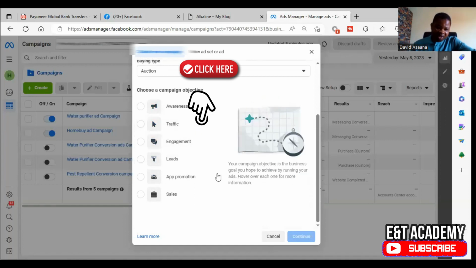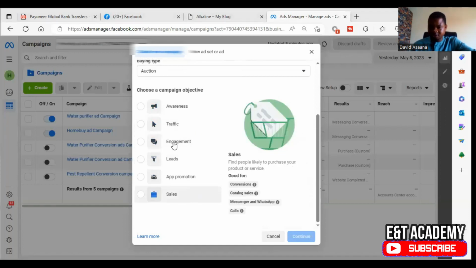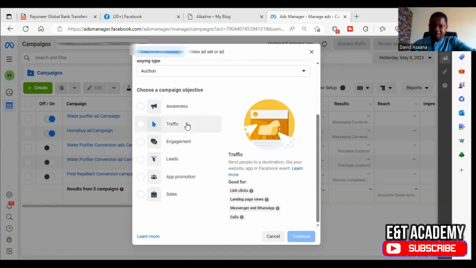And now let me make some clarification. You can do either sales or traffic, but the basic difference is that with traffic, you should be interested in gathering people to go and have at least some landing page views on your website. Maybe your intention is not directly to make sales. Sometimes you can use the traffic objective to drive traffic to your website, just to create awareness for people to know about your website, and to have a few interactions for the system to detect people visiting the website